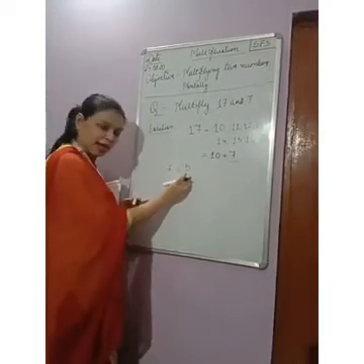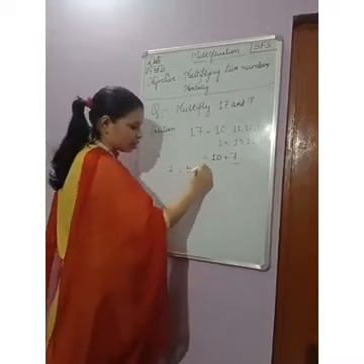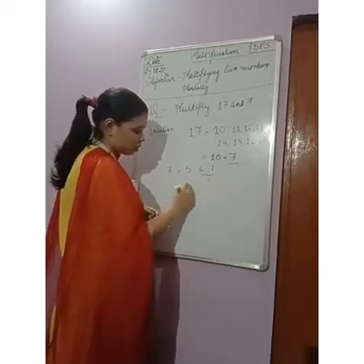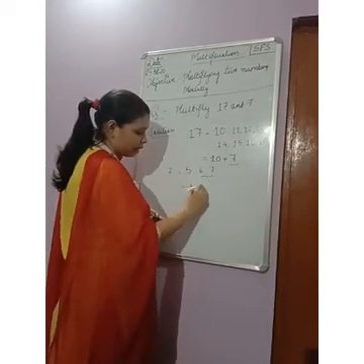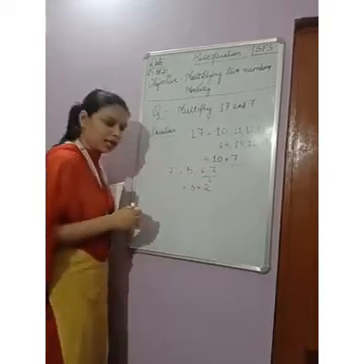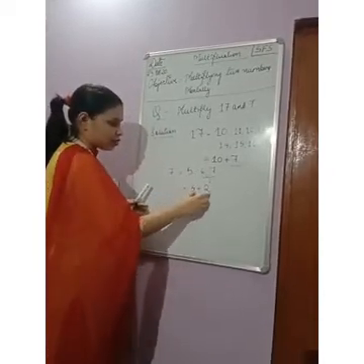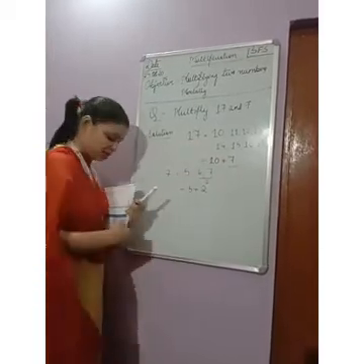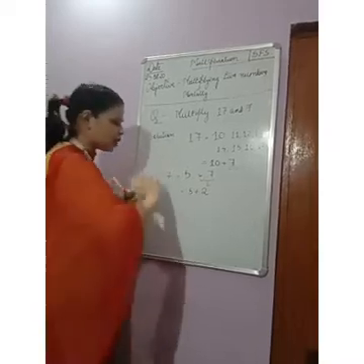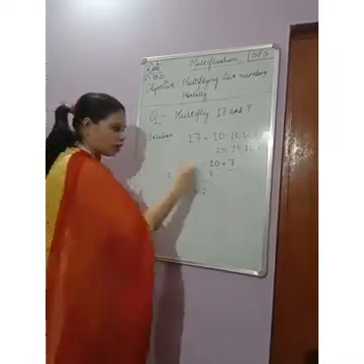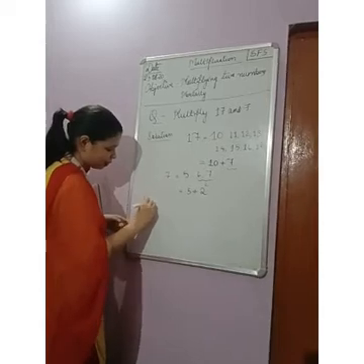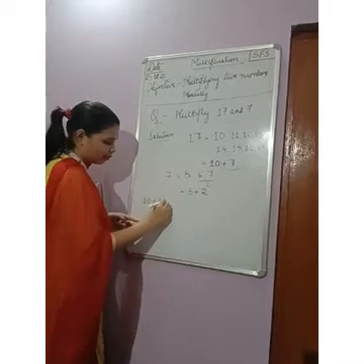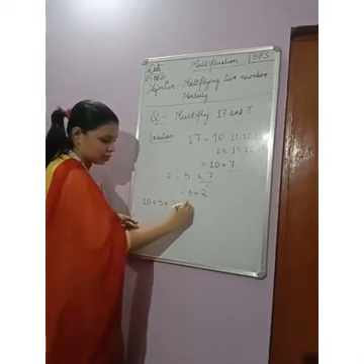The first number is 5. Now from 5 to reach 7, what we are taking? 6 and 7. How many digits are here? 2. So what we are getting? 5 plus 2. Alright? That means 5 plus 2 equals 7. And 10 plus 7 equals 17. Okay children? Now I will split all the numbers. Alright? What we got here? 10 plus 7. Again this 7 I got as 5 plus 2 equals 17.